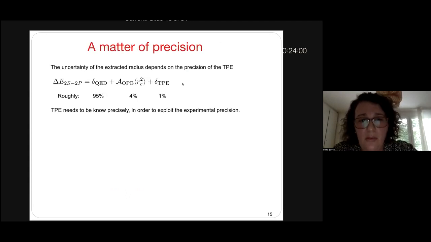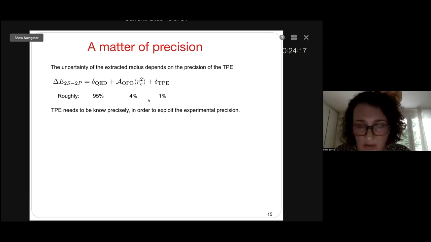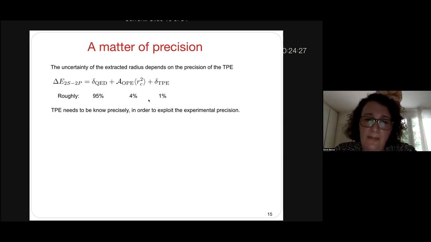And why do we bother to be precise? Because in this muonic atom business, this is all about precision. The measurement can be super precise, and the two-photon exchange, even though it's small, is roughly just 1% of the whole Lamb shift. It is not known with high precision, and that is presently the bottleneck to allow for a full exploitation of